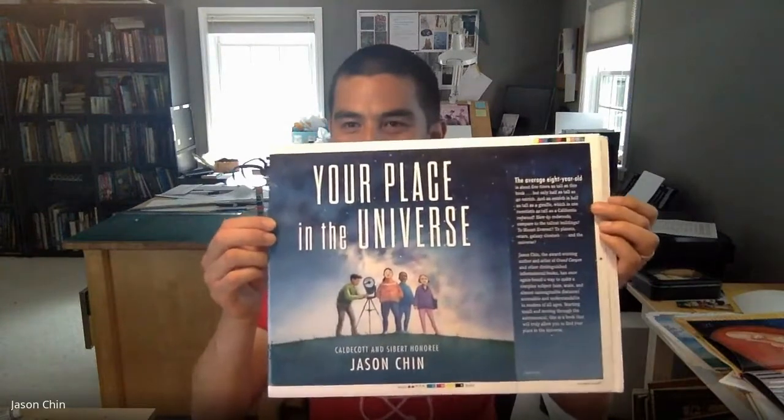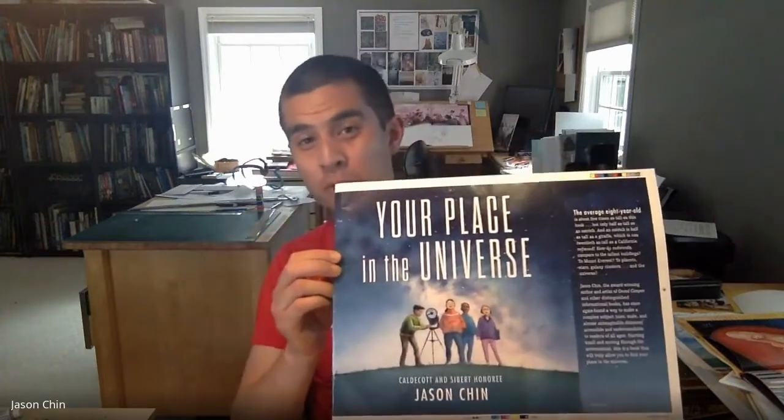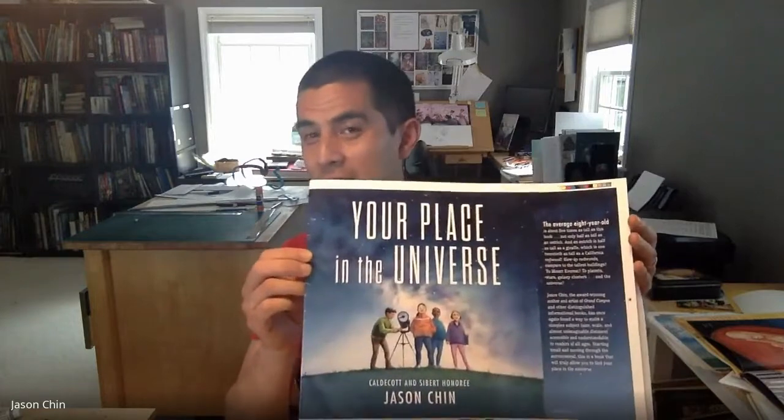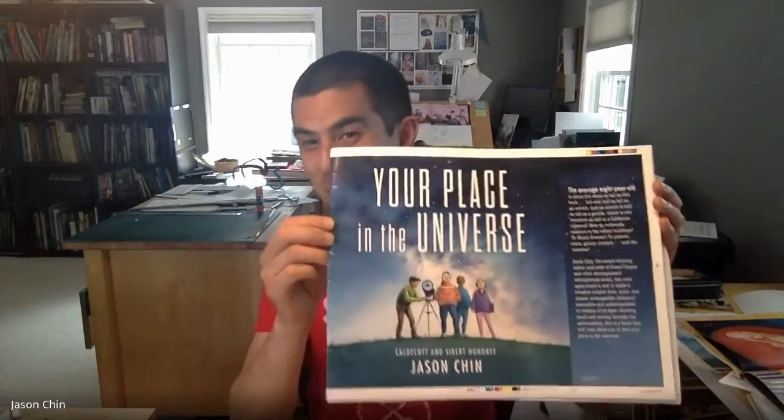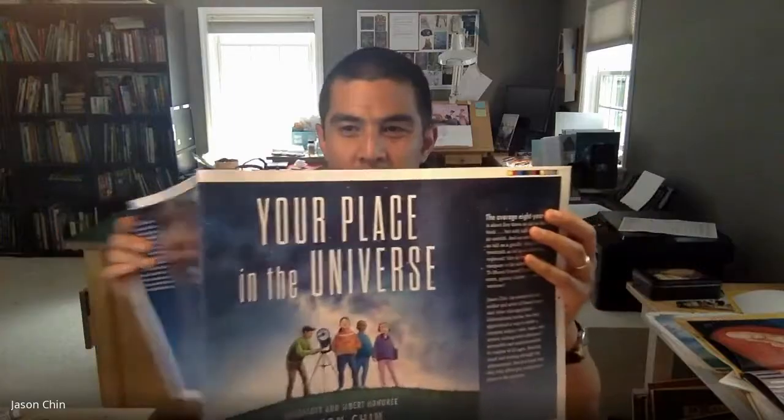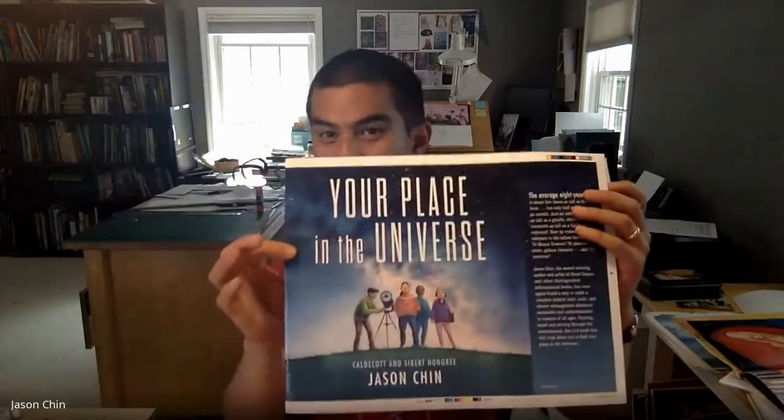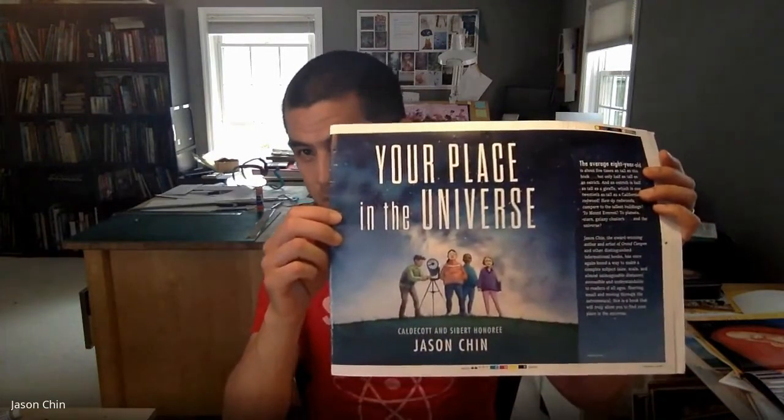So as you can see, this is going somewhere. You asked how I came up with an idea. This is the book that I made, and this is what's called a printer's proof. The book isn't printed yet. What they do is a test print on these pieces of paper, and everything's flat. But this is the jacket test print proof. The book is called Your Place in the Universe.